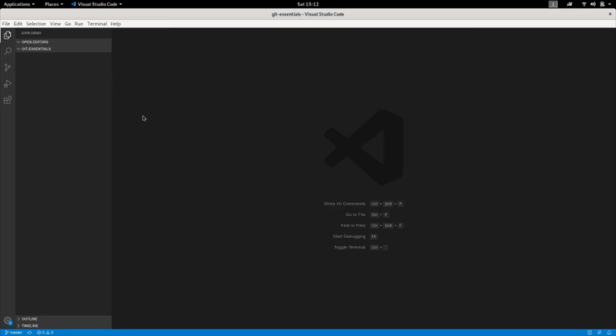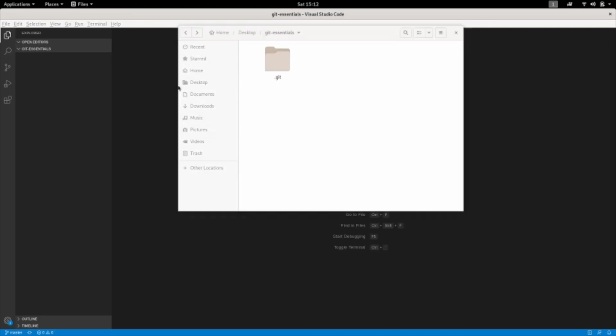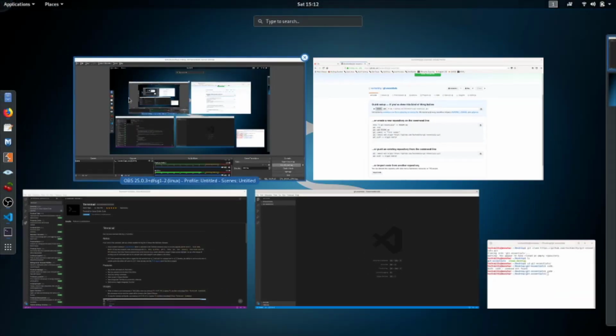There are many ways of initializing a Git repository. What we did is directly add this remote repository as a local repository. But what if you have an existing project and you want your project to be in Git? Then that's a different scenario. So for that, let me close this.